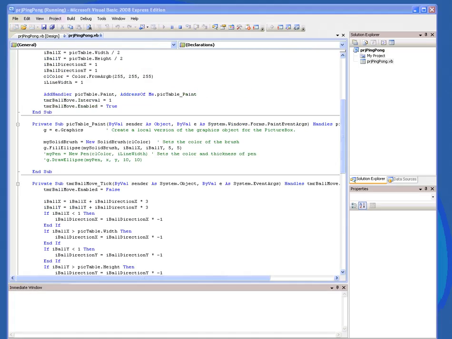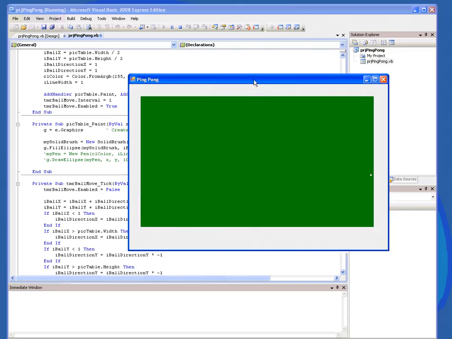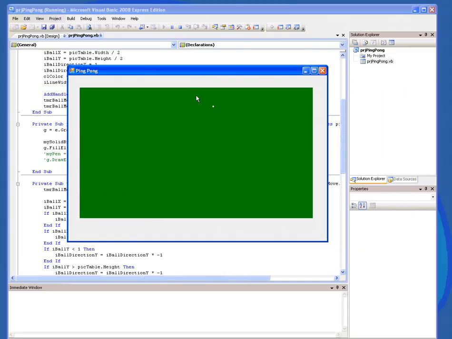Again, I'll have to grab it from off my screen and drag it over here. Hopefully you can see a little white ball there. I'm not so sure how this is going to come out in the video, but with any luck you'll see a little white ball bouncing around the screen. And it turns out that I've made that ball,